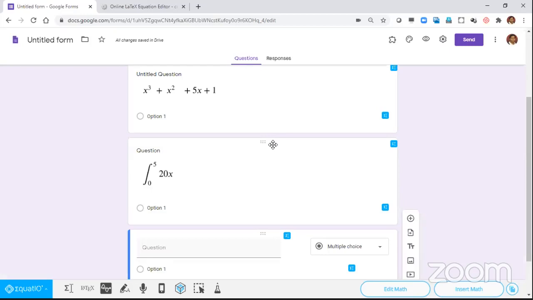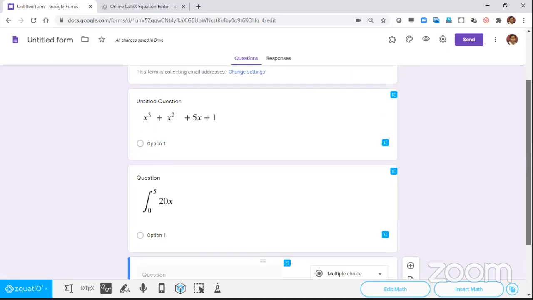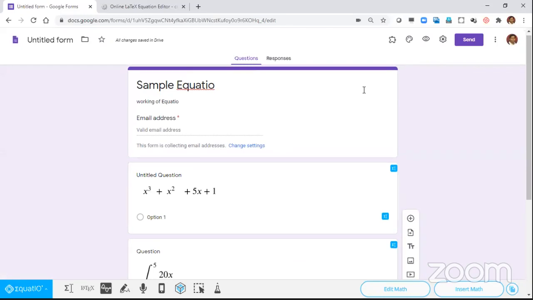So that's it. Now put the solutions and then start using the forms as usual. Everything else is as usual. This new form I have created to show you how to use the Chrome extension Equatio and incorporate math equations, expressions, anything, even complicated ones. So two mechanisms, CodeCogs or Equatio. This is all about Google Forms. The rest all remains the same. So let me stop here.